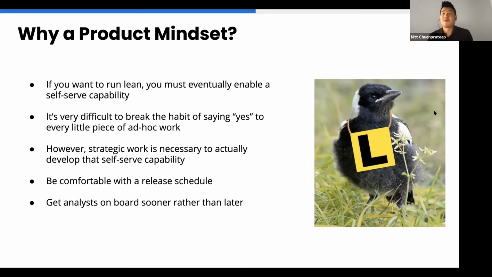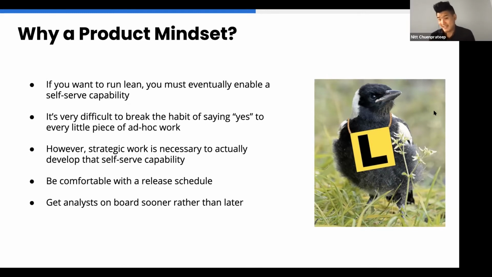I think in general, a lot of people who work in data want to please, and are really, really kind people who want to please people. So something I've had to learn to do myself is break that habit of just saying yeah, and actually say, if I say yes to this weird little piece of ad hoc work, I'm actually saying no to the broader strategy at some points. And if I'm saying no to that broader strategy, I'm forever going to be pulling my team back into, hey, I need to do this X thing, or this Y little ad hoc thing, because that strategic work is really necessary to deploy that self-serve capability for later.